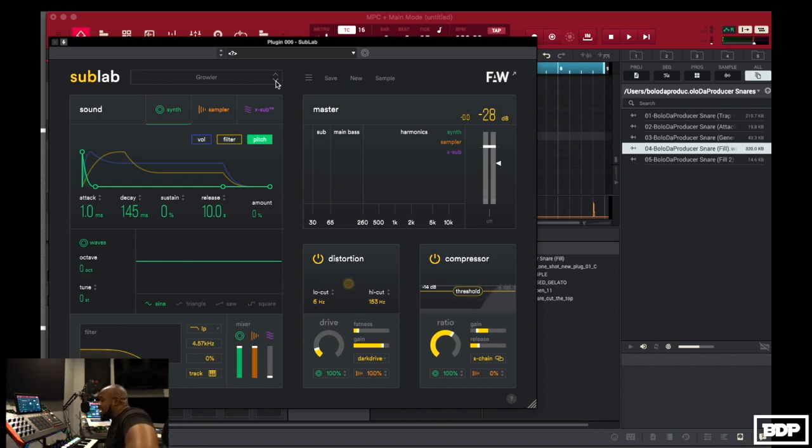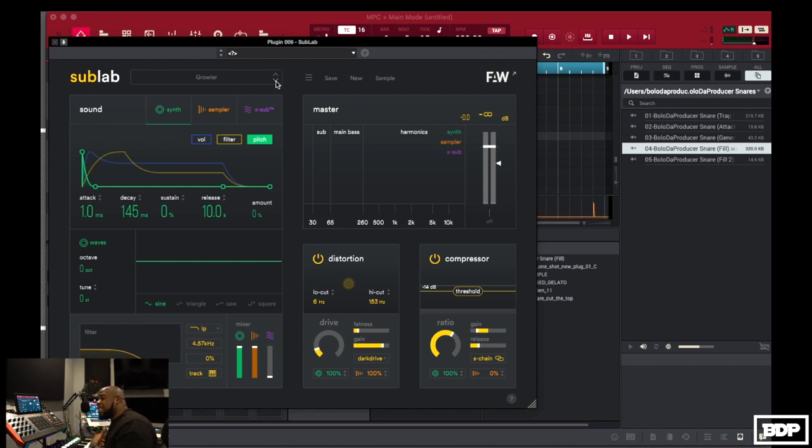Wow. As you can see, man, that Sublab is crazy. But I'm gonna go ahead and finish up on the beat, and I'm gonna add a few little sounds and switch some stuff up. And then from there, we're going to bounce this beat out inside of the MPCX, well, the MPC software, and